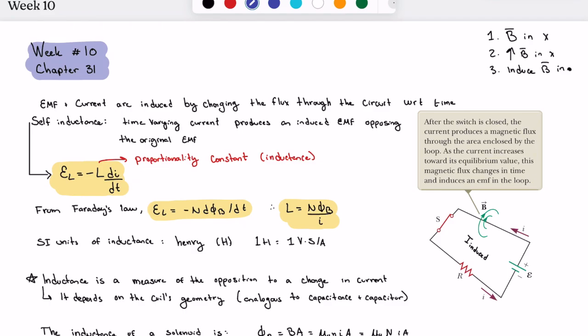So in this video, I'm going to be covering some of the material from chapter 31, but before we get started on that, I want to remind you about what we learned in chapter 30. So the idea there was that EMF and current were induced by changing the flux through the circuit with respect